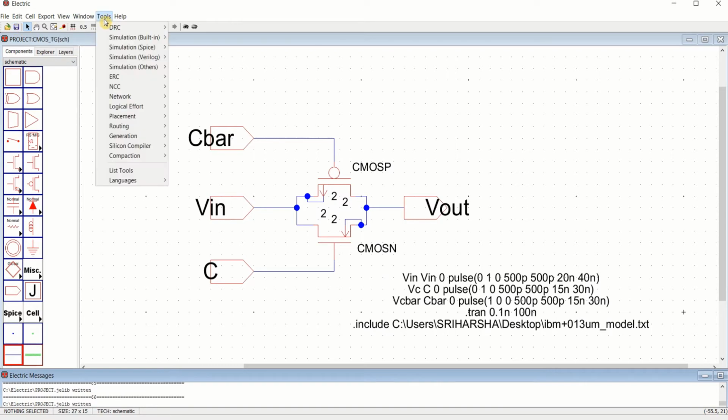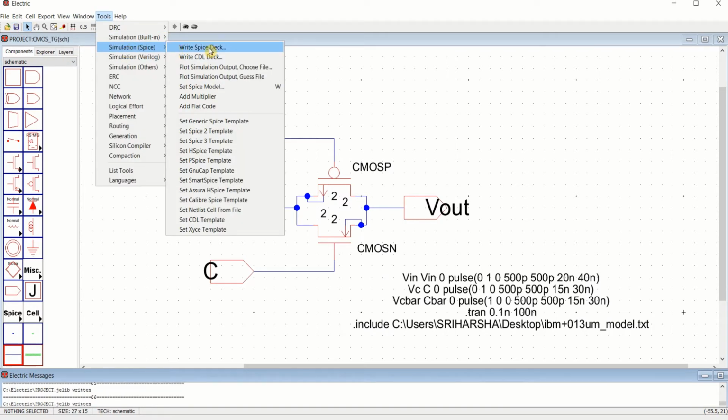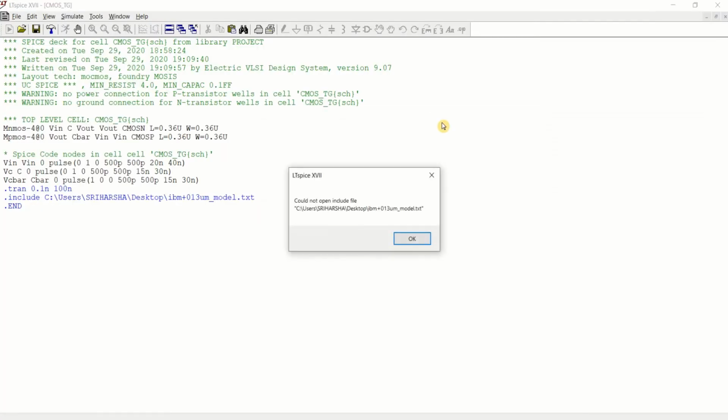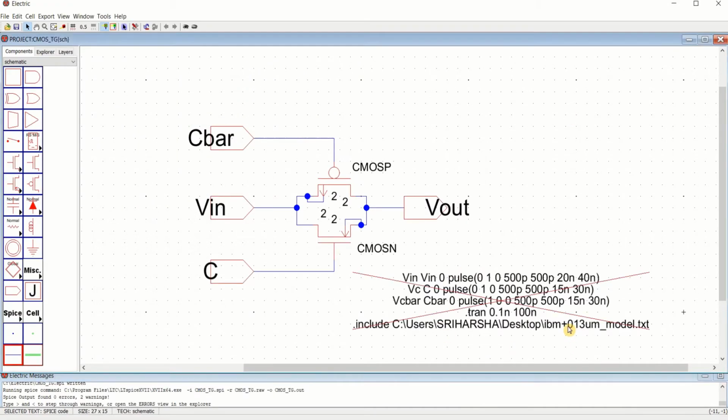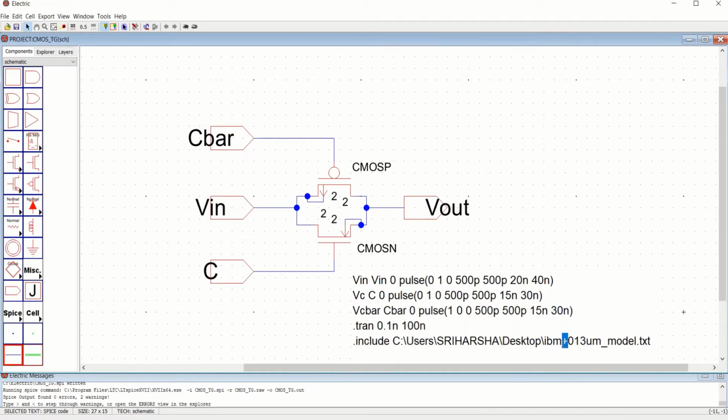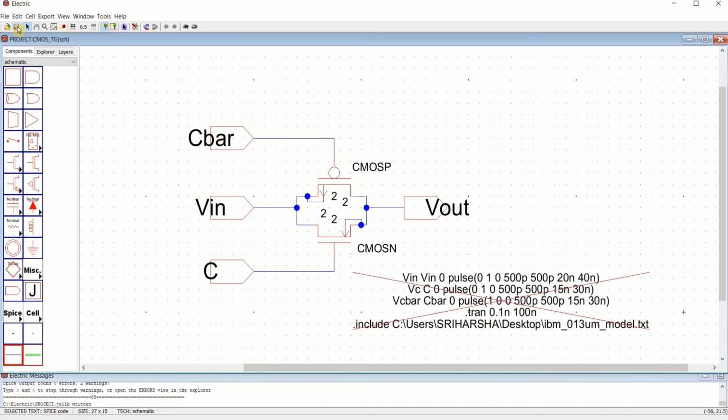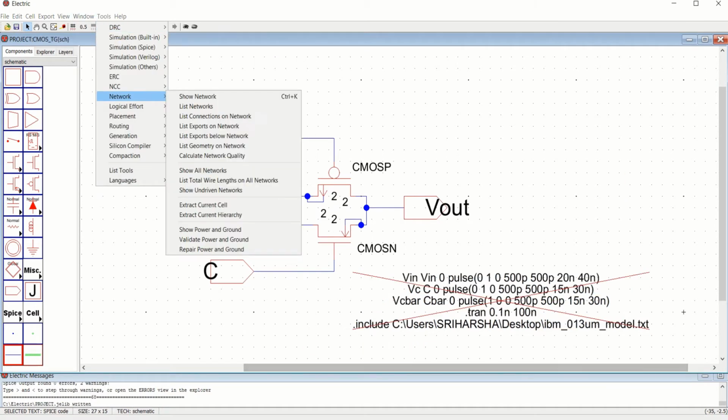Go to the tools, simulation spice, write spice deck. There is a mistake in the file. It is underscore. To use underscore. Go to the tools. First I will close this.